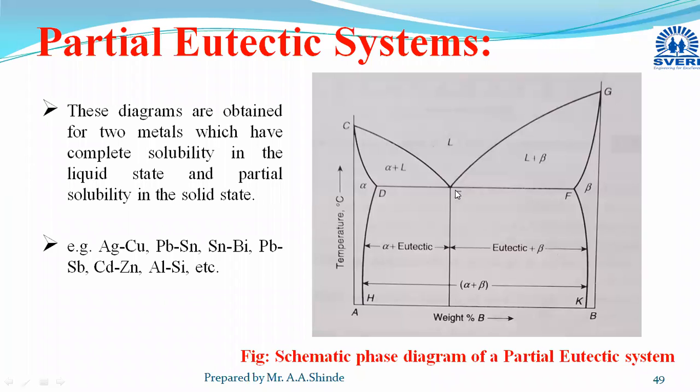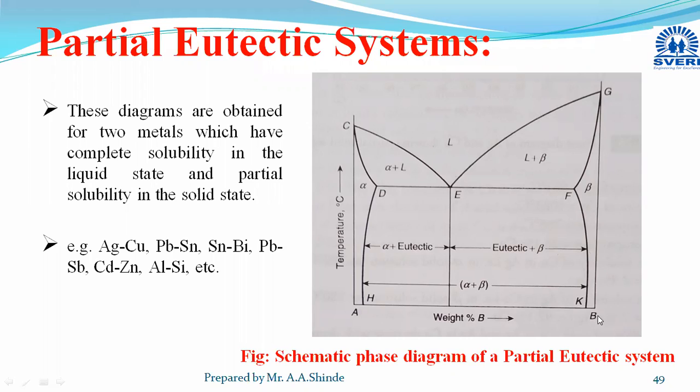Okay, I will explain this concept again for better understanding. Please listen here. This point C is the melting point of element A, and this point G is the melting point of element B. When 100% element A is there, this is the melting point. But when you add a small amount of B to this element A, its melting point decreases. As the amount of element B in element A increases, its melting point decreases slowly. And the same case will occur at this point G.